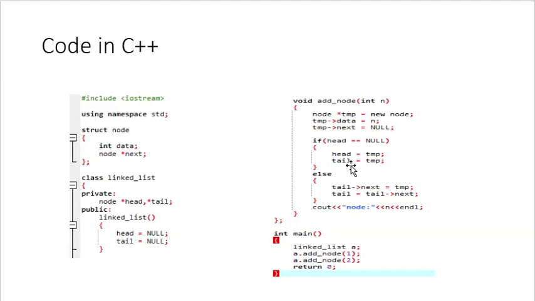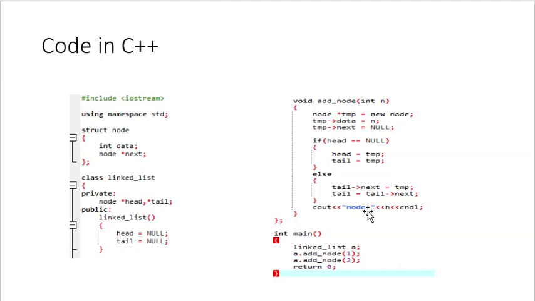If it is empty, the temporary node we are creating will be assigned to the head and also to the tail. But if we are creating the second node and a node is already present in the linked list, then tail next, as there is a node in the linked list, will be assigned the new temporary node,